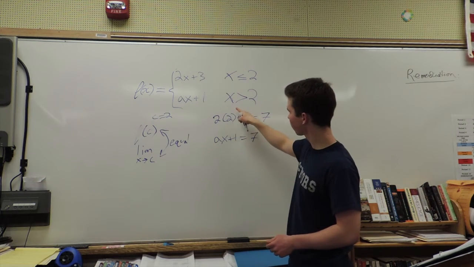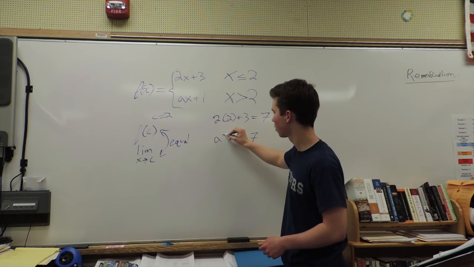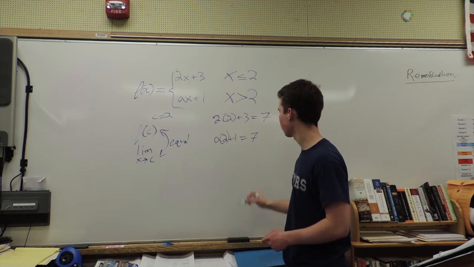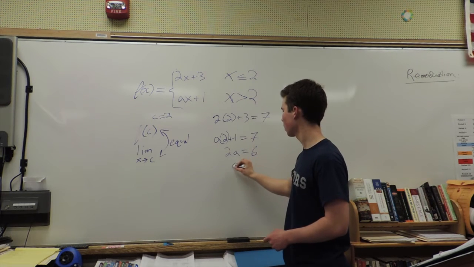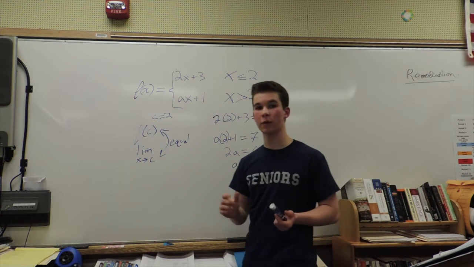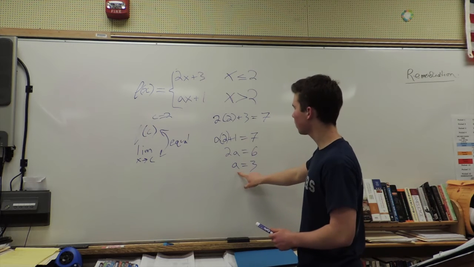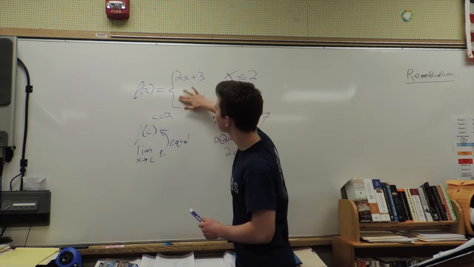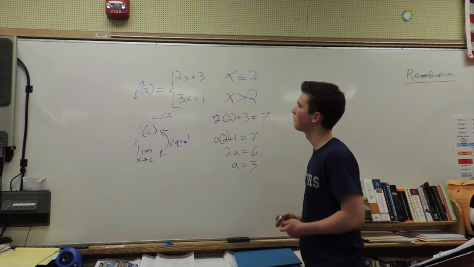And remember, as we said, x equals 2. So we're going to plug in 2 for x. We find that 2a equals 6 and a equals 3. Now, let's double check that we got the right answer here. If we change this a to a 3, because that's what we do when we plug in 3 for a,